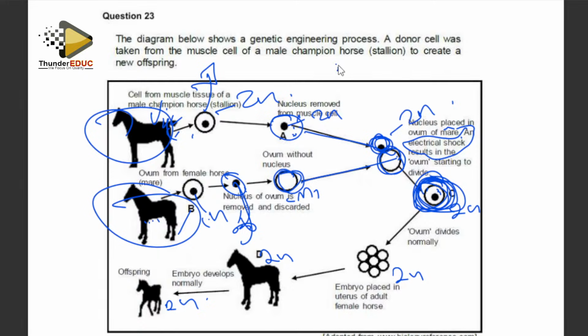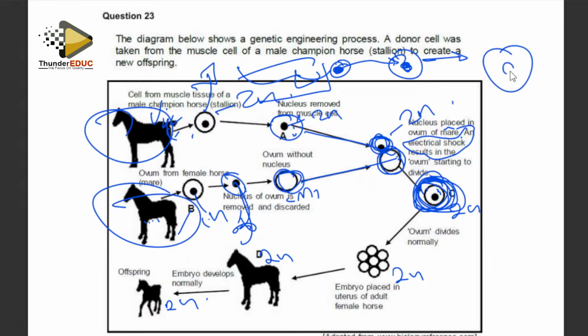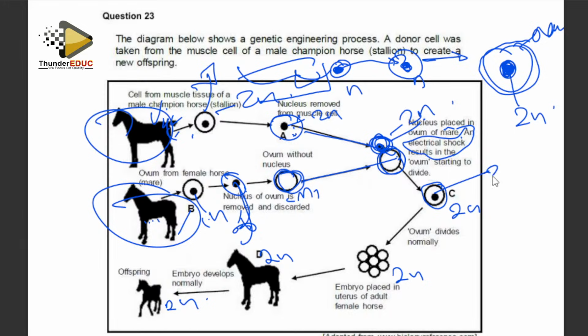Remember, when you have a sperm and the ovum, the nucleus of the sperm fuses with the nucleus of the ovum to form a diploid zygote. The nucleus is the one which goes inside, and the other part remains outside. So the zygote will have the nucleus of the ovum and the nucleus of the sperm, but the outside part will be the ovum. Remember, it's 1n here, and after, the zygote is 2n. So this one is 2n and the outside part is ovum, so it looks like a zygote. That's why we keep the casing of the ovum.